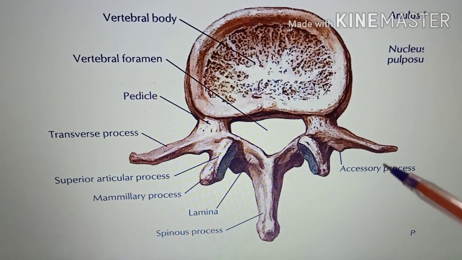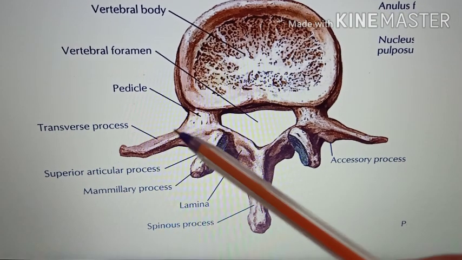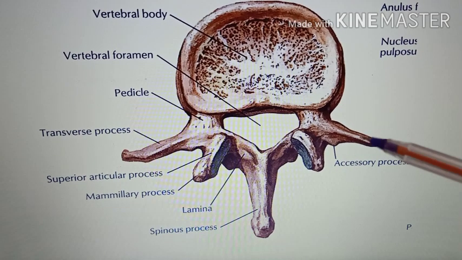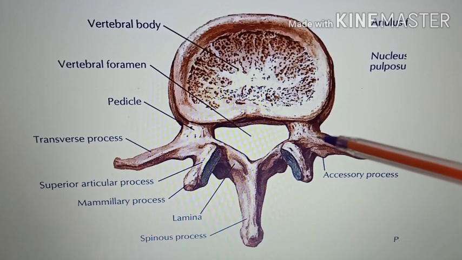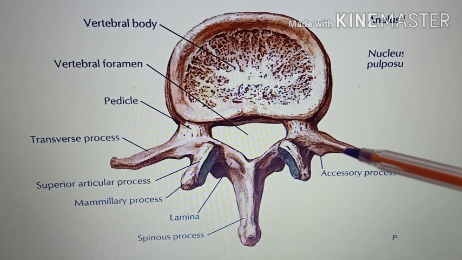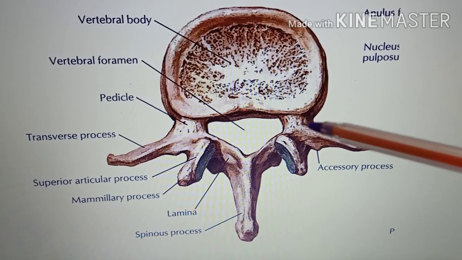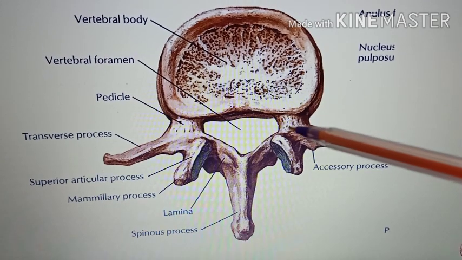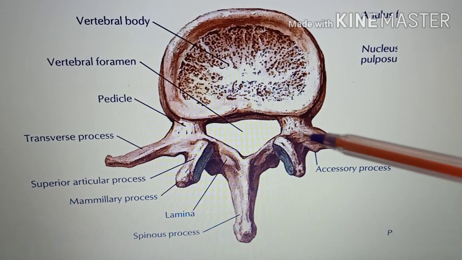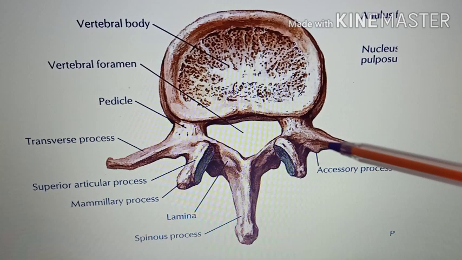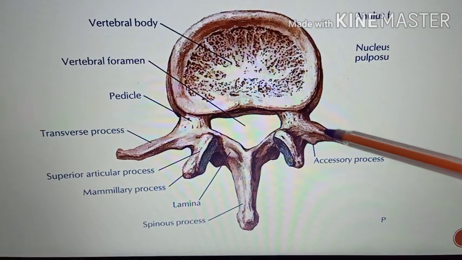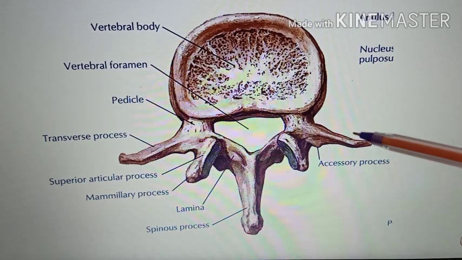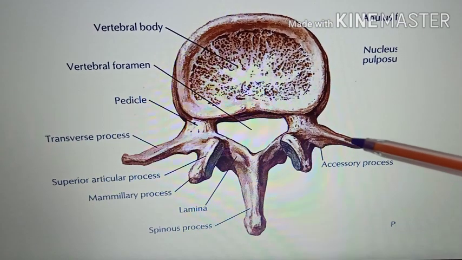These transverse processes are thin and tapering. They are homologous to the ribs of the thoracic region. They project posterolaterally from the pedicellolaminar junction. So this is the pedicle, this is the lamina, and between the pedicle and the lamina is the pedicellolaminar junction, from where it projects posterolaterally. The length of the transverse processes increases from the first lumbar vertebra to the third lumbar vertebra, and thereafter it decreases